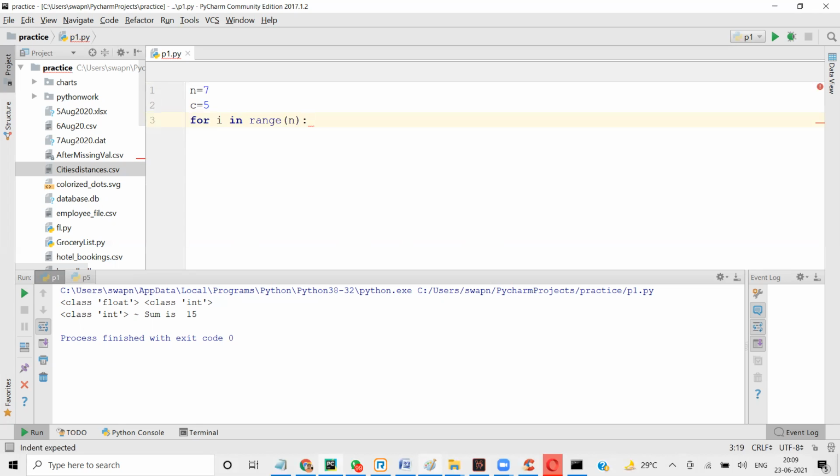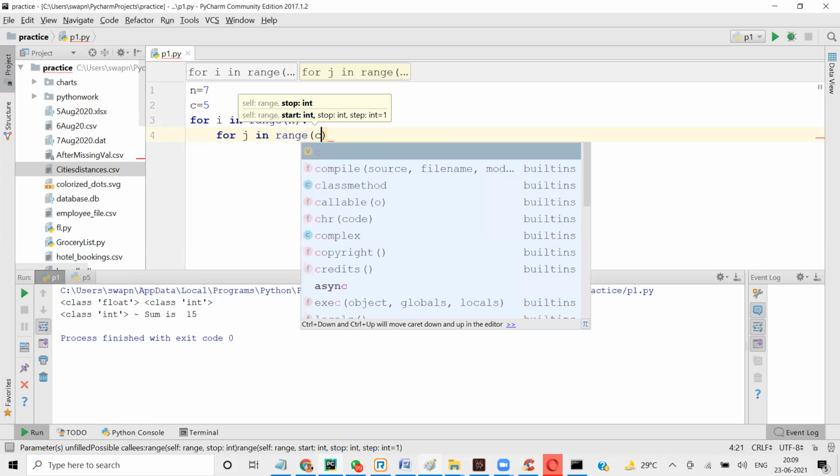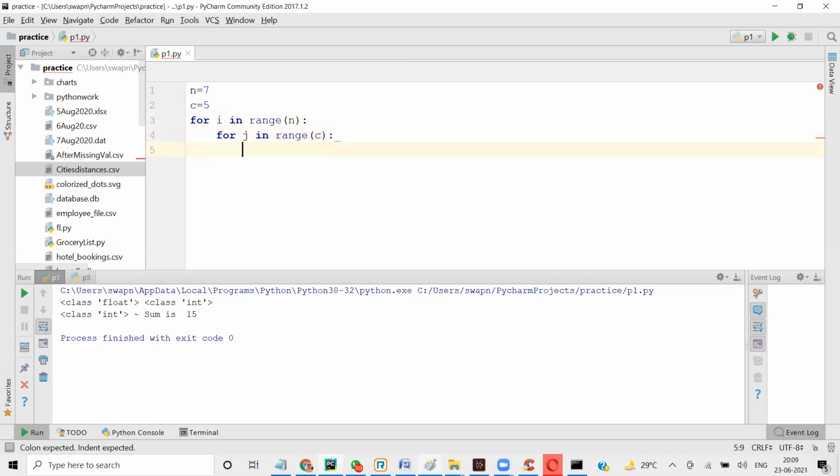Now I have to write the inner loop to count the number of stars in that row. So I'm going to say for j in range C. Now I'm going to write a first condition.